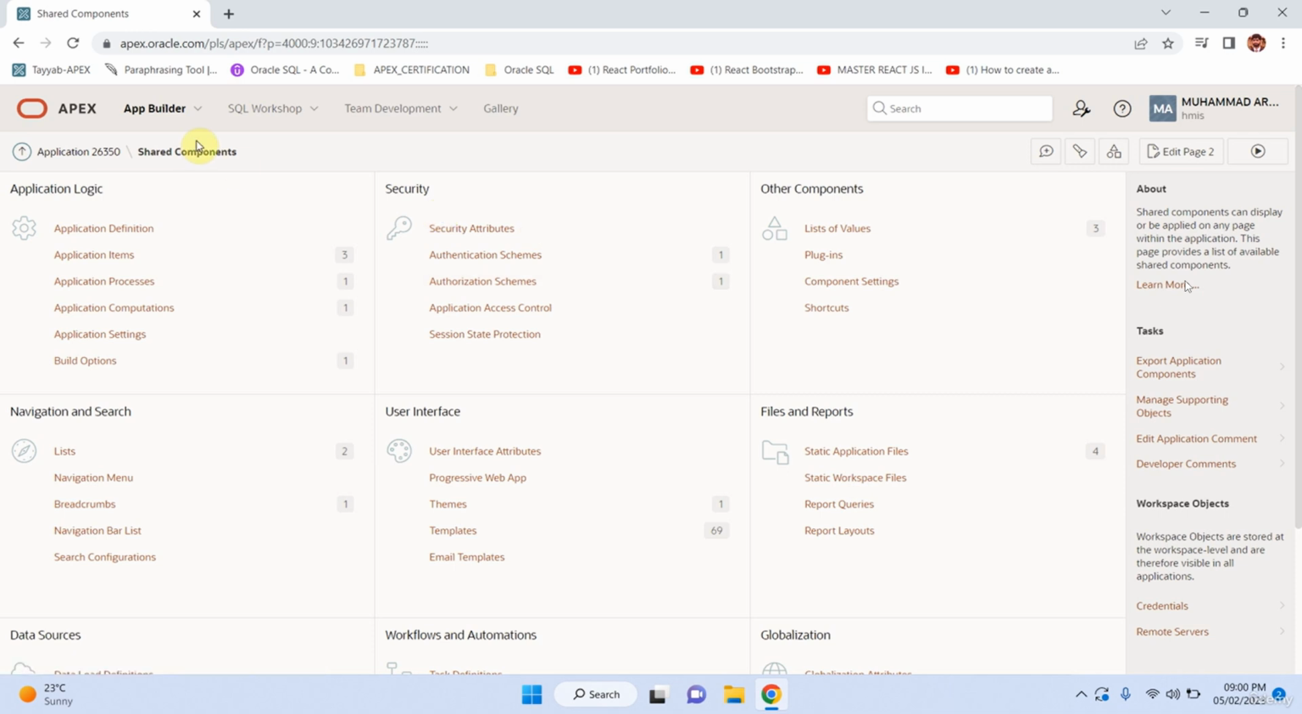Now we will see navigational menus in shared components. When you build a database application, you can include different types of navigation controls. The available navigation options depend upon the application theme you are using for your application. Common navigation controls include tabs, lists, breadcrumbs, navigation bar entries, and branches, which we use to navigate from one page to another page. So when you move to your shared components, here you can see we have navigation and search